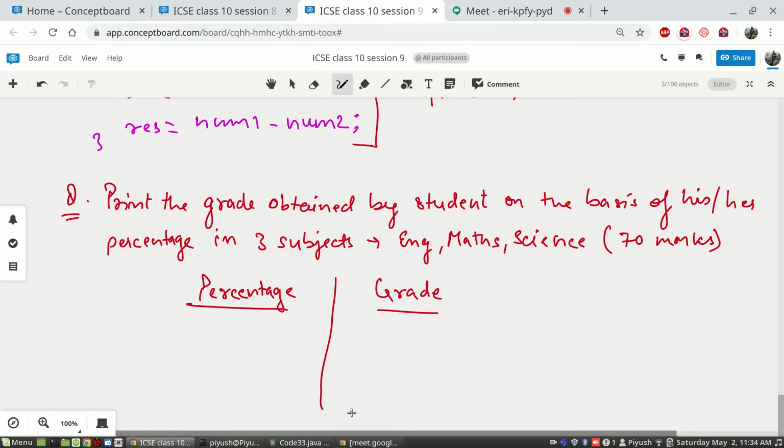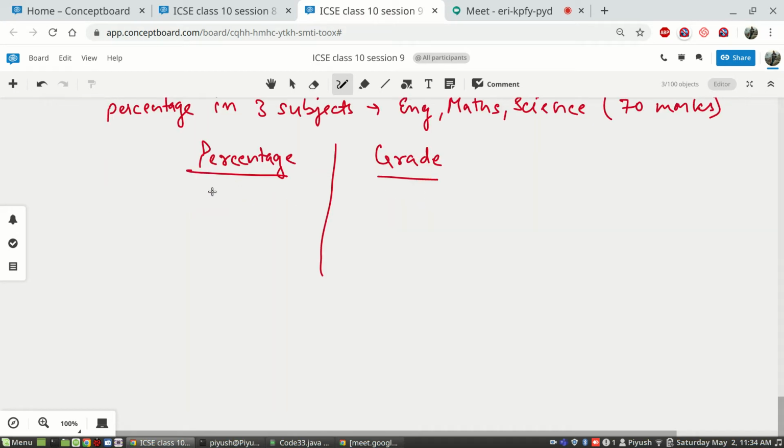So what we will do is, if percentage is greater than or equal to 80, then you will print the student scored grade A. If the percentage is less than 80, because 80 is contained here also, but greater than or equal to 60, in that case, between 60 and less than 80, you will print grade B.